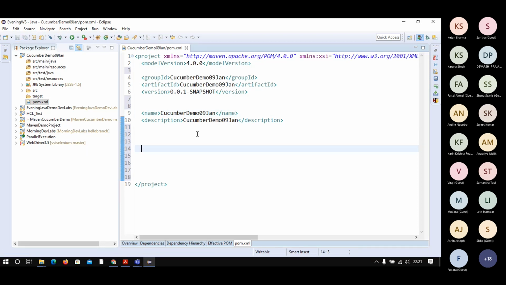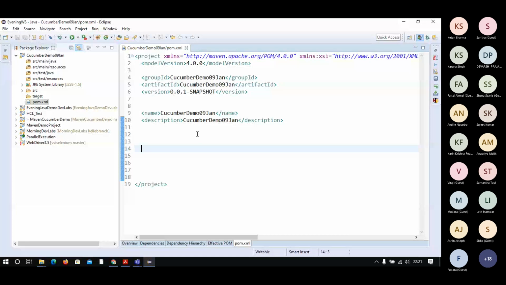Since we are going to do the setup, we have to add the libraries. Plugins we have already added. Now we are going to add the library. A library is what? They are ready-made jars, with classes and methods all created in a zip file, and they are posted somewhere on the internet, and we download them from the internet. Say that I am the person creating those things, I will deploy them to a common location, and anyone who wants to use my library can download it from that particular site.